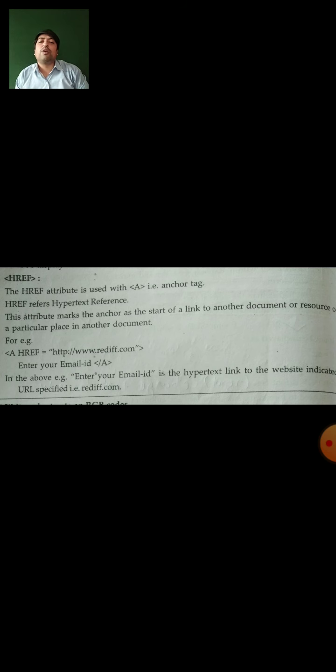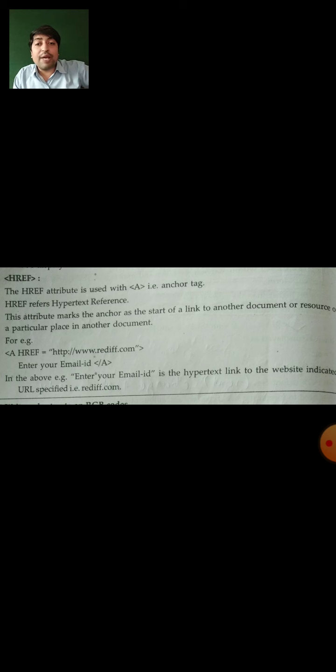Whenever you use such a phrase on your web page, like enter your email ID or click to open the email ID, you can use your own sentences, not the same sentence written in your book. You can use your own sentence differently for your own website.